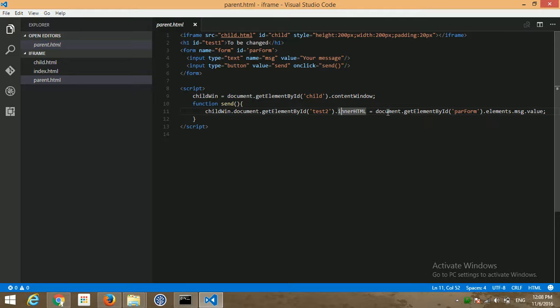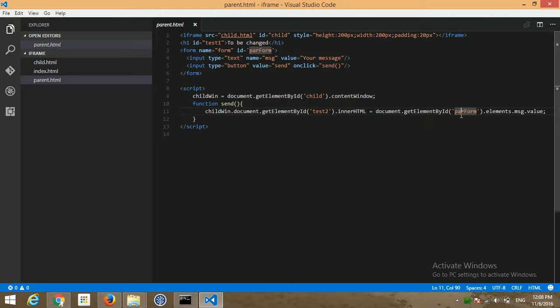So here, regarding this form, I am doing document.getElementById parentForm, which is this form.